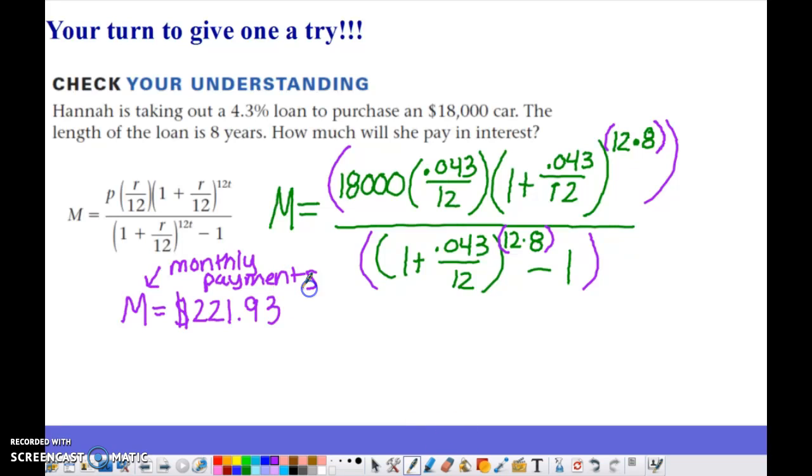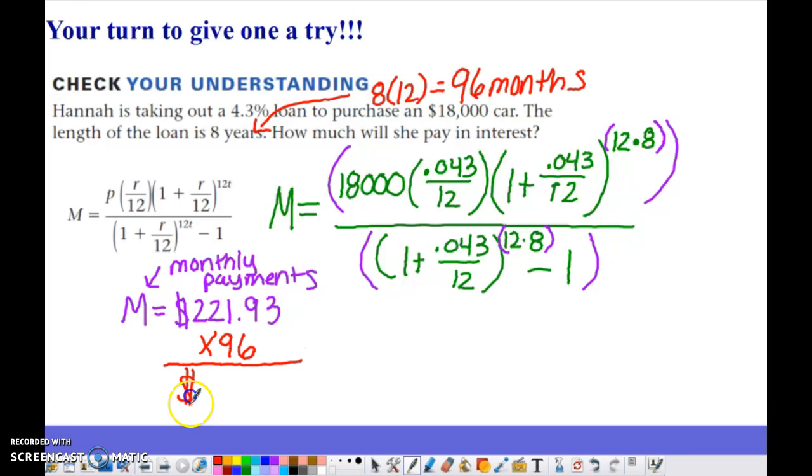So to find how much totally she pays, her total payments, we got to figure out, well, she's paying this monthly payment, she's doing it for 8 years. Well, I know that 8 years times 12 is going to give me 96 months. Again, I have to convert it into months because it's called our monthly payment formula, so it's per month. So I got to take this number times 96 to figure out how much she totally pays, and that's going to give me $21,305.28. And this is how much she totally paid